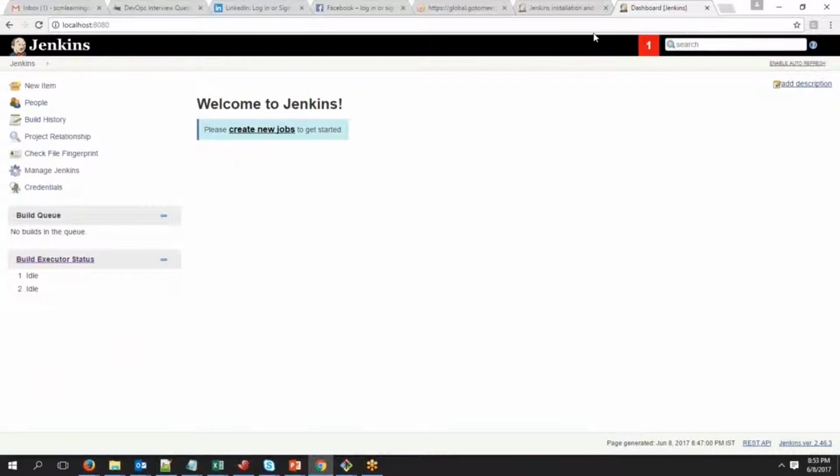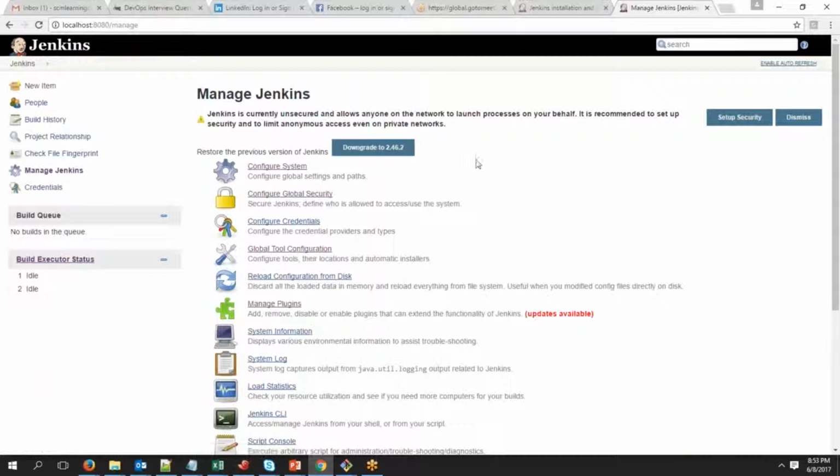Okay. So first, let me walk you through the configuration. When you go to the Jenkins homepage, you can see an option called Manage Jenkins. This is what we will always be using to create anything or to modify anything. If you click on Manage Jenkins, it is going to give you a lot of options. In that, if you want to do the global configuration, you will be using it. Suppose you want to decide who should be using Jenkins and who should not, those details you can set through global security. And on the latest versions, additionally,